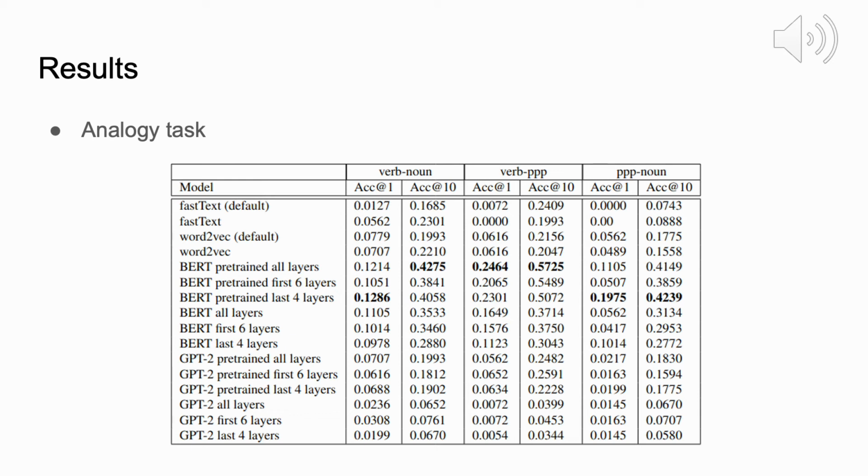The different embedding construction regimes we used gave mixed results, with the best results sometimes coming from using all encoder layers and sometimes from using the last 4 encoder layers. And we will see in the next slide that using the first 6 layers worked best for the semantic similarity